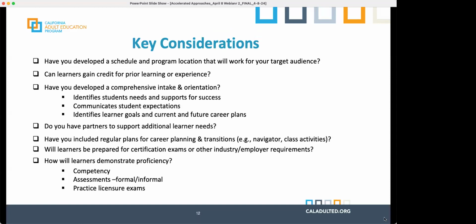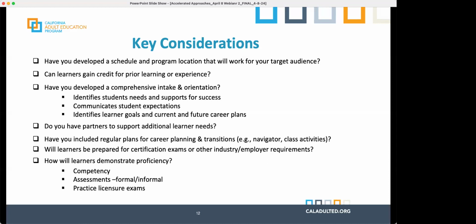So these are your key considerations, right? I'm not going to read them. These slides will be left behind, so you will be able to access these and then go back and go through them. Moving quickly because we really want to be able to give time to our presenters. But these are all questions that you really want to look at.